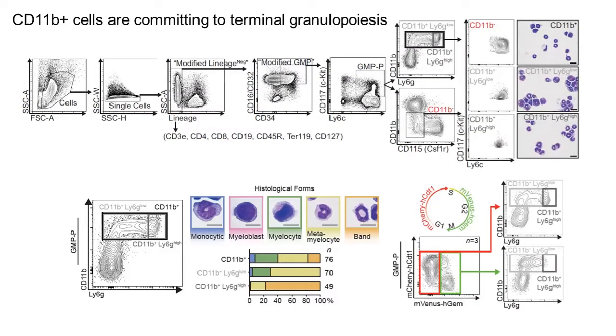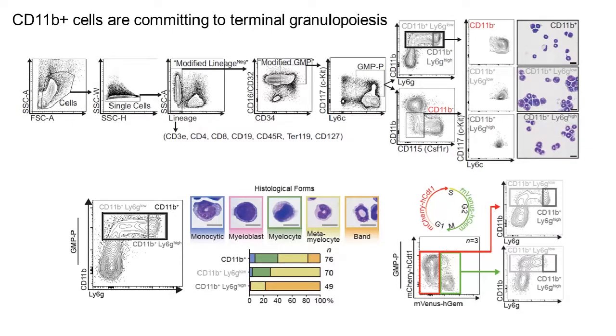And to investigate if cells gaining Ly6G are indeed those that are undergoing terminal granulopoiesis, we FACS sorted cells that are CD11b positive and either Ly6G low or Ly6G high, and looked for changes in nuclear morphology, which is a hallmark of neutrophil development. We found that those cells with high levels of Ly6G expression were enriched in the most